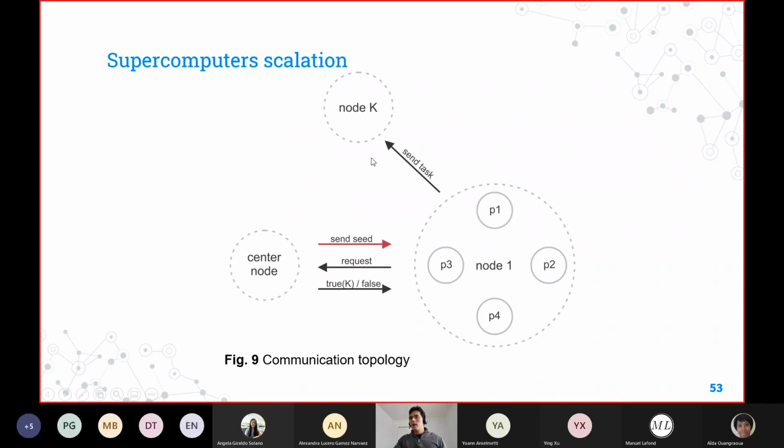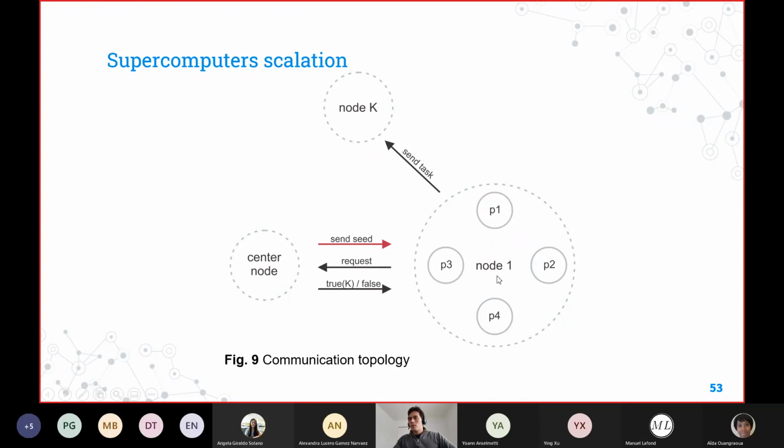That's because of communication within the network, since there is no shared memory. The memory of this node is totally different from the memory in node K, so everything must be sent by the network. There is always a tiny delay. Then there is a chance that when this node was aware that there was an available node somewhere and requested help, by the time it was requesting help, the center node was assigning the last task to the last available node. Now the center node is going to reply with a false because there is no longer an available node. And this one then won't perform that parallel call anymore.